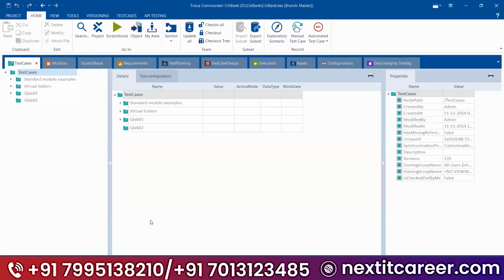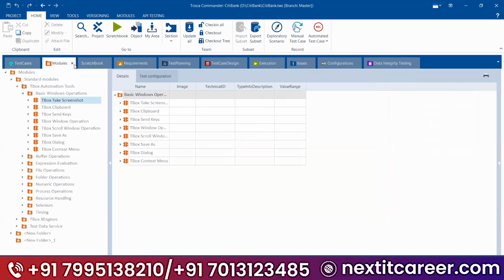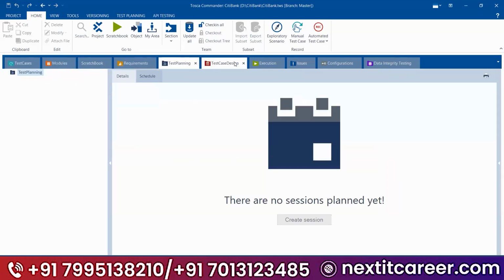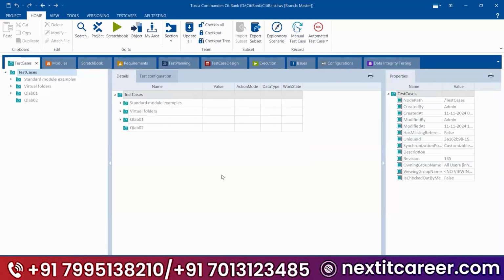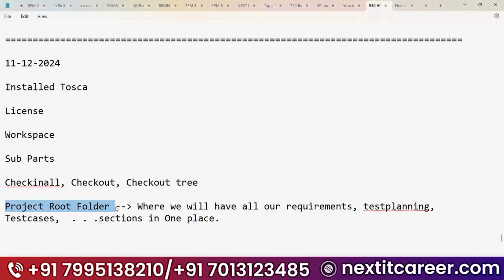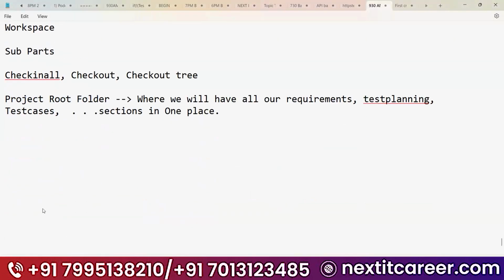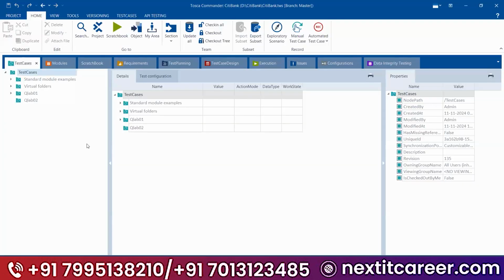Instead of having modules in one folder, requirements in a different folder, everything in different folders, we will have everything in the project root folder. Now, how to access the project root folder?